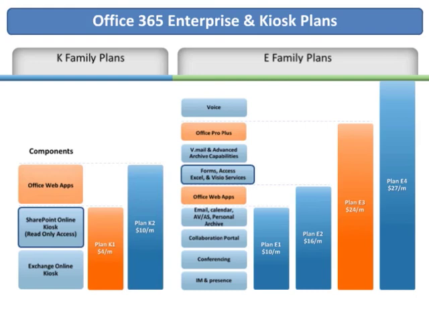I'm not going to go into the different types of plans. What I'd like to point out here is that if you want to use the Access services, Excel, and Visio services, that's going to require you to sign up for the E2 plan. So if you sign up for the Enterprise 1 plan, you still get SharePoint, but you don't have access to some of the enterprise features such as Access, Visio, and Excel services.